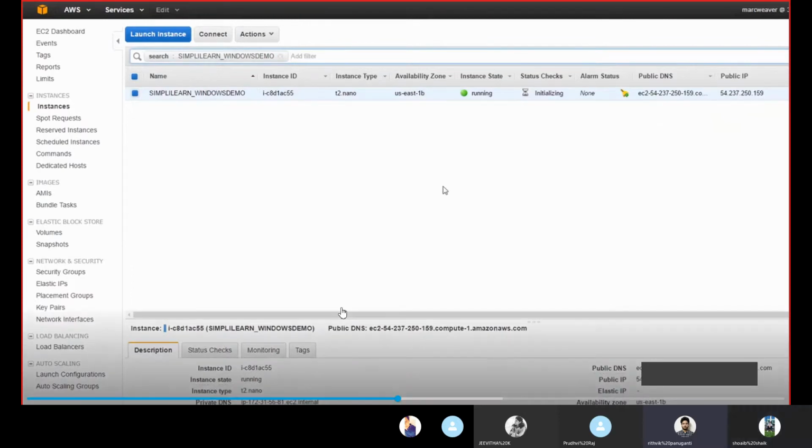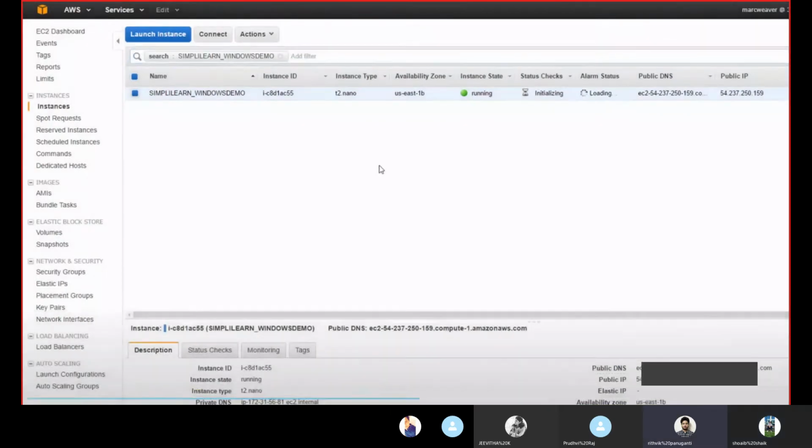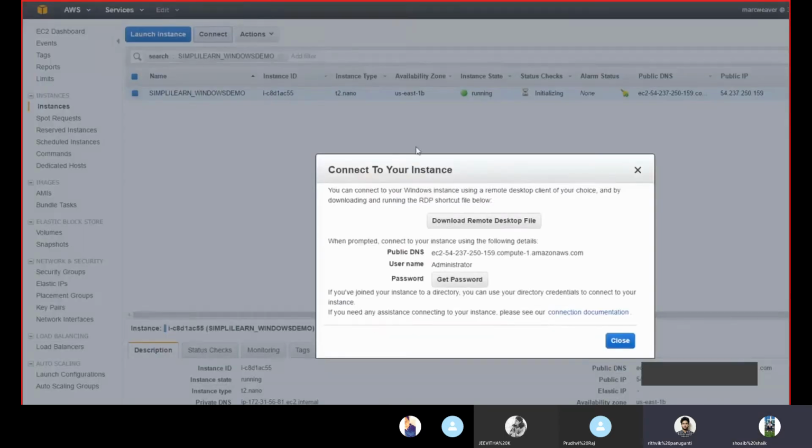Now, Ritvik, did you get here? Did you create your instance? Yeah. Now, select the instance and click on connect. Here, click on get password.